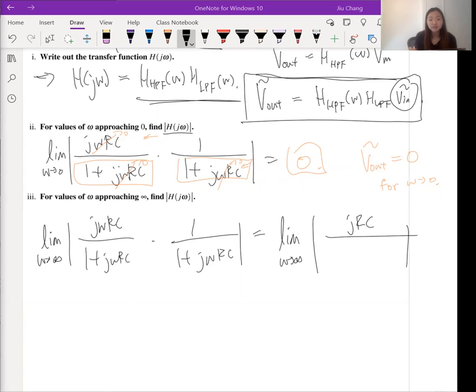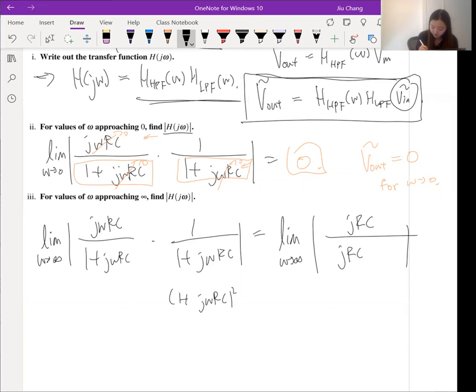Taking the derivative of the denominator, which is basically 1 plus j omega RC squared,